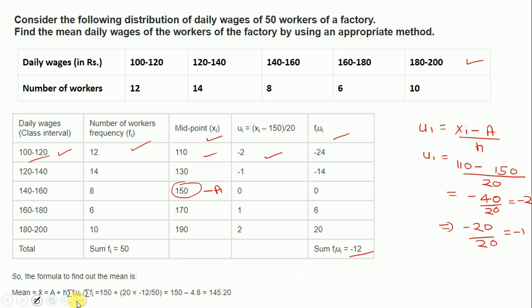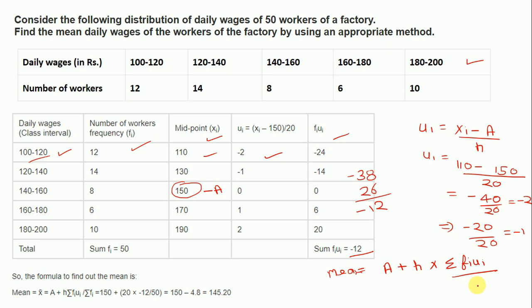Now the formula for calculating mean is A plus H. Let me note it here. Mean is equal to A plus H into summation of Fi Ui, that is the sum of all Fi Ui, and it will come out as minus 24 plus minus 14 will come out as minus 38, and 6 plus 20 is equal to 26, and it will come out as minus 12,